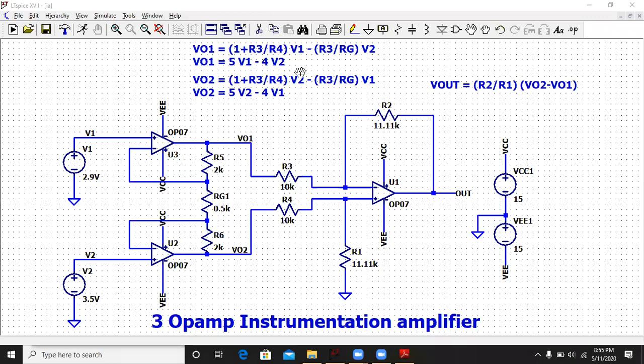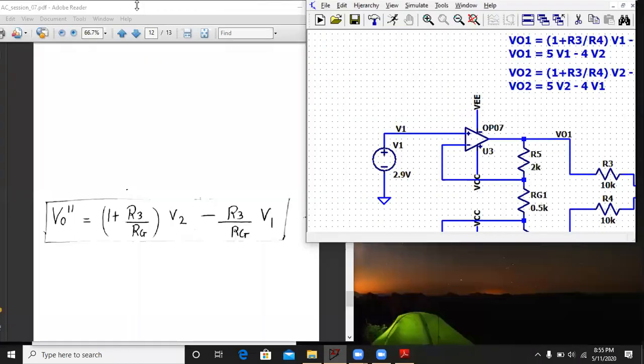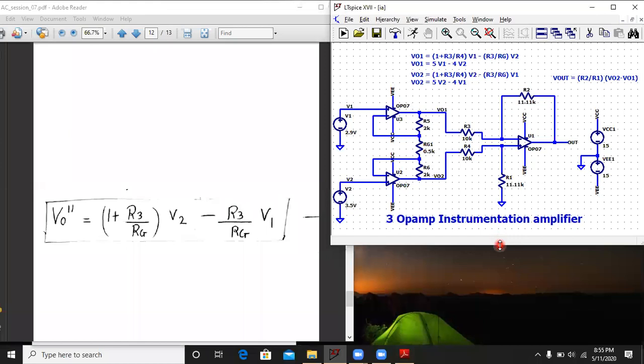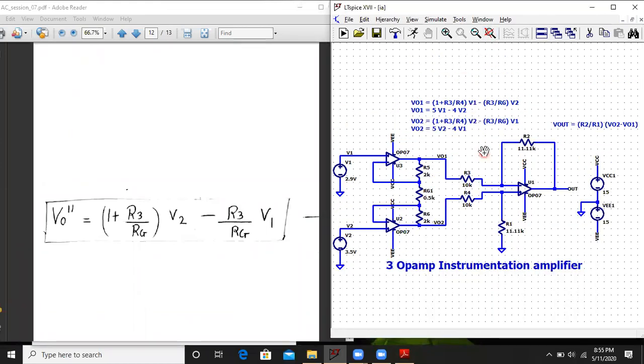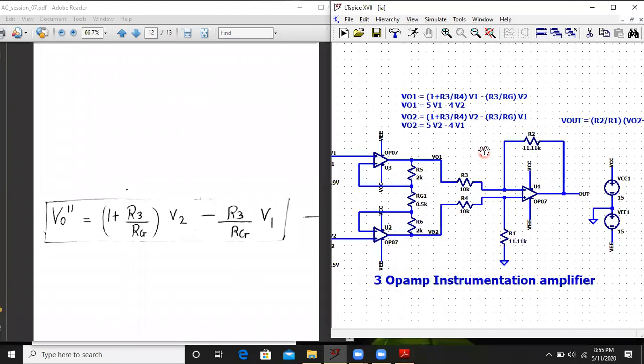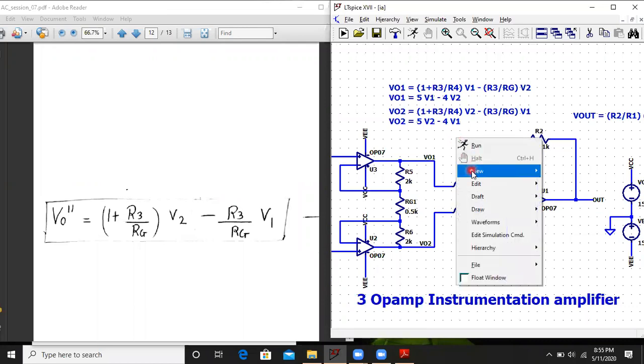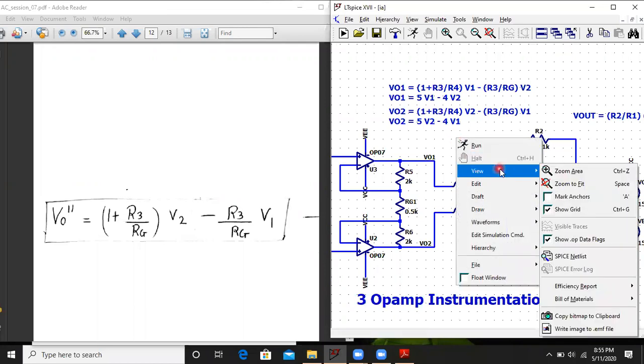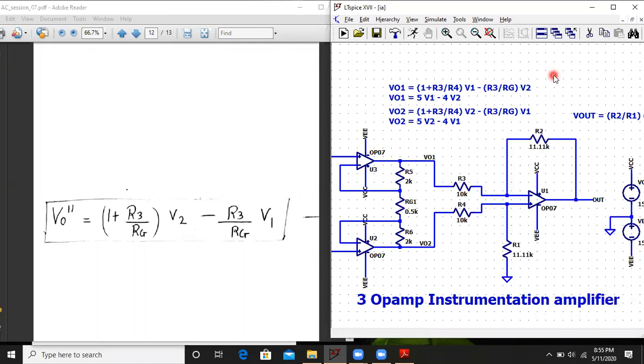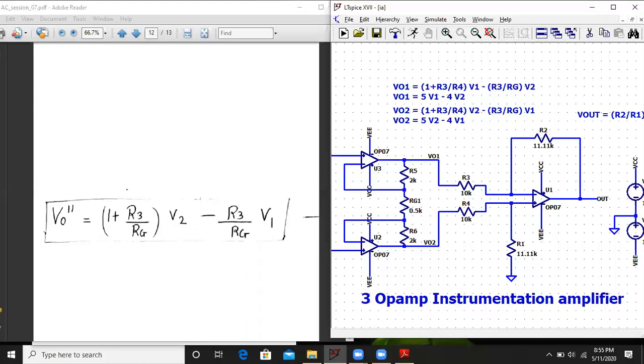Now we will resume. So we were writing the formula for VO1 and VO2 as per our design. So let us do that now. Let us continue. And let me just expand this a little, yeah, so that we can view the formula properly. Let me also remove this. Okay, so now it's fine.